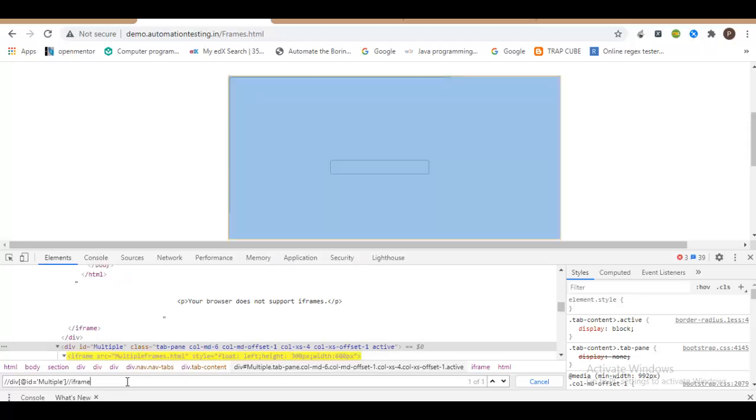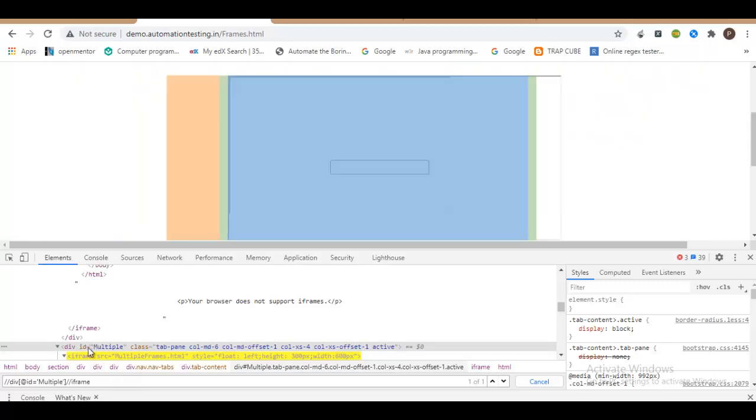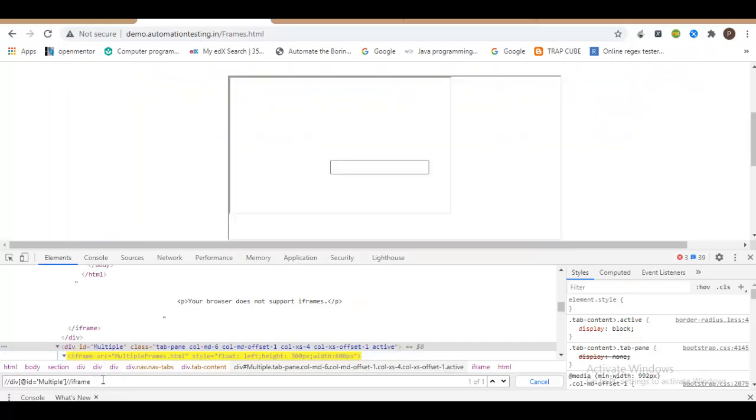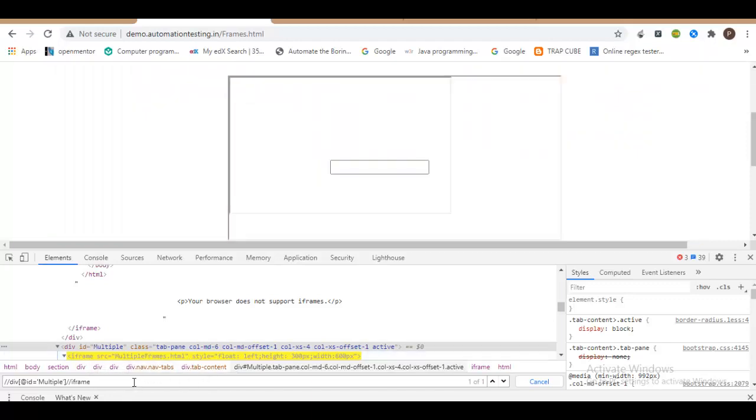What happened was that since the iframe tag does not have any proper attributes such as ID, name, or text, I initially wrote an XPath for this div HTML element, and since iframe is a child of div, I just gave /iframe so that I am here right now.